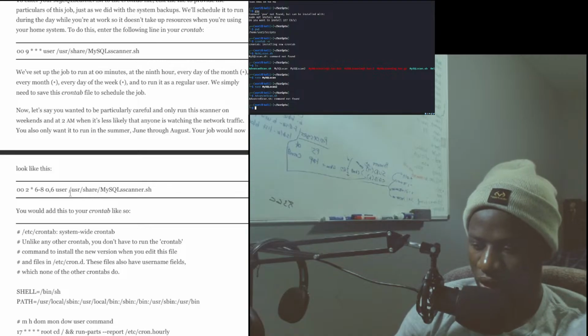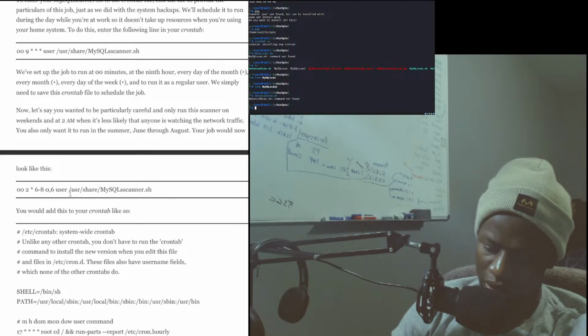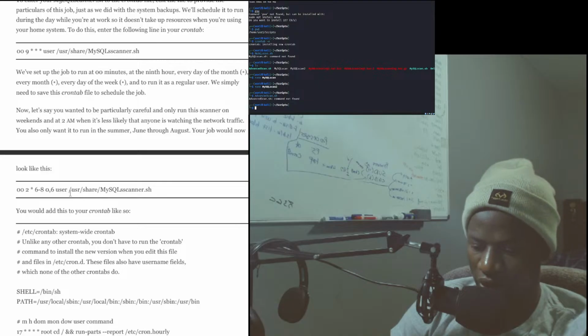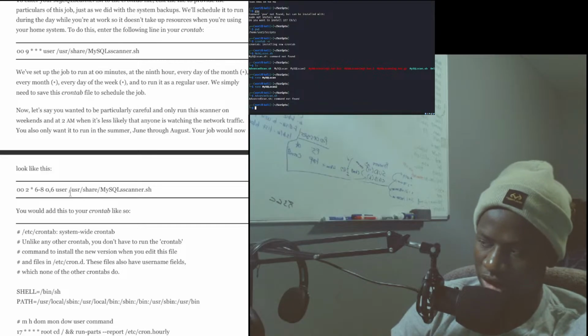Wait, did we have to open the... hold on. It looks like you have to open it in nano, and then you add the line under there.